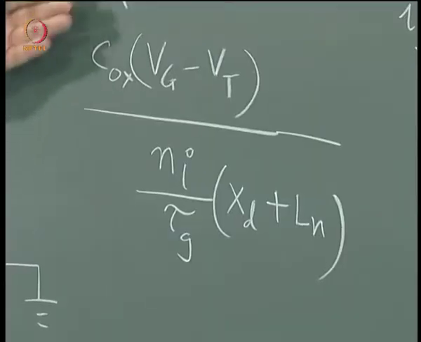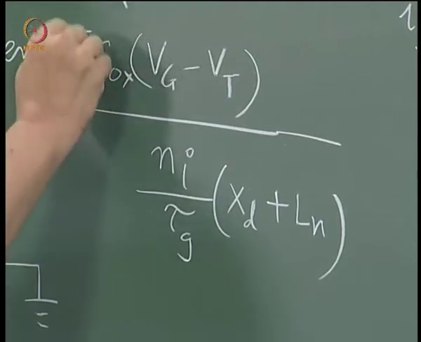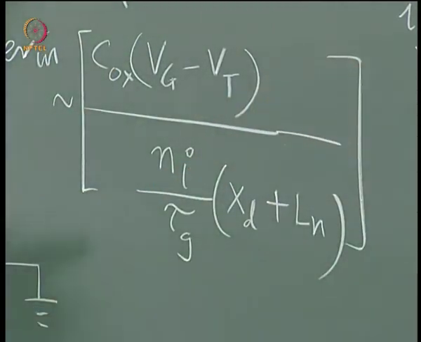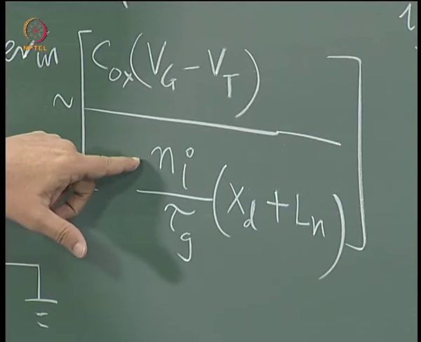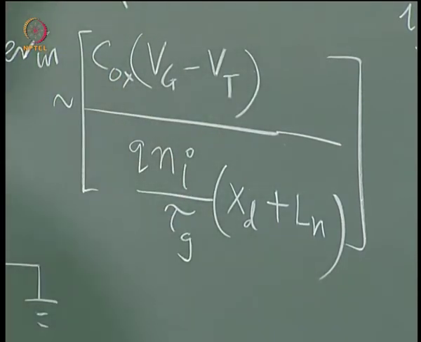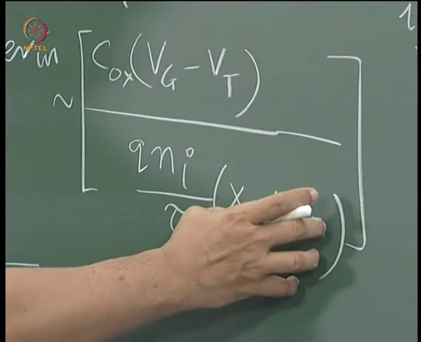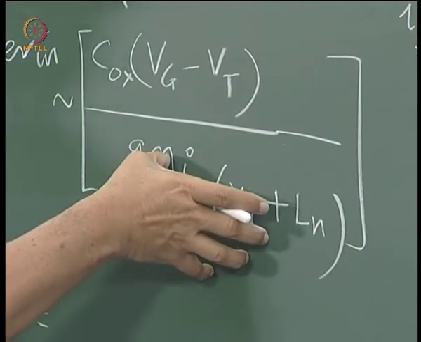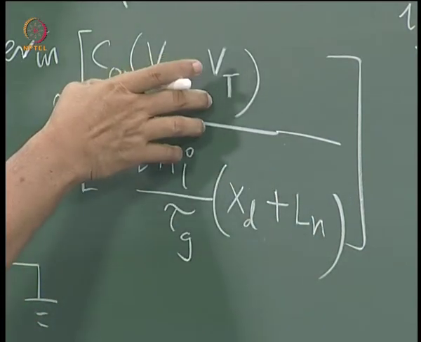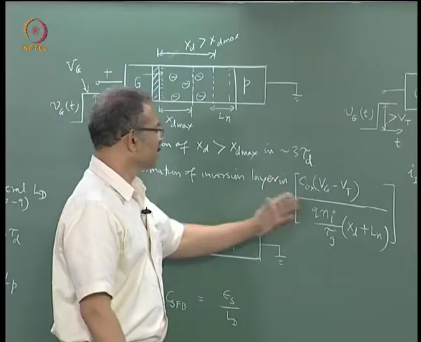So the formation of the inversion layer happens in about this much time. Now let us check whether our dimensions are correct. You see that in the denominator I have not put q, because the numerator contains the charge, so I have to put a q here. Ni is per centimeter cube, this is length, so this is per centimeter square. The numerator also is per centimeter square because Cox is normally in per centimeter square. So this is about the time.